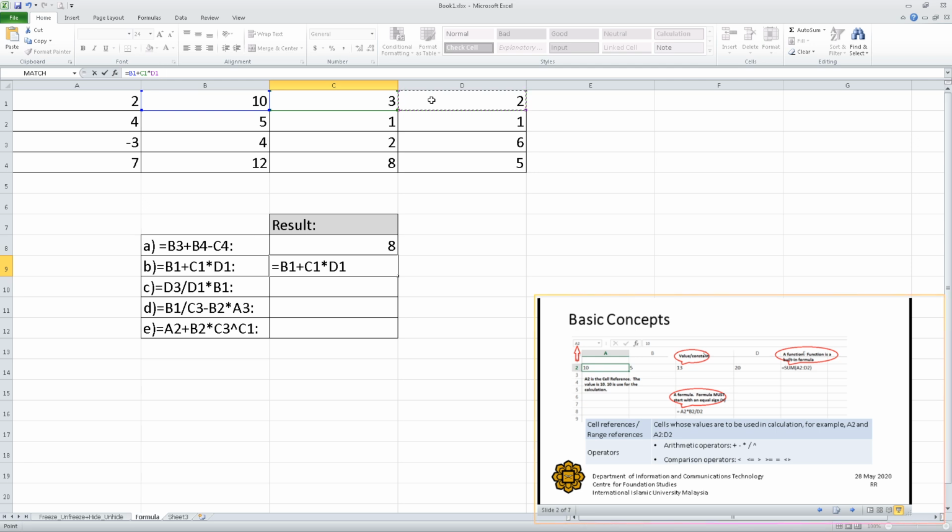So what you need to do after that, you just press enter, so you will get the same answer, that is 16. Alright, so next, question C. Can we do it manually first, before we use